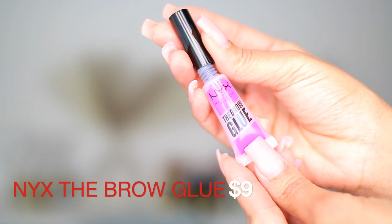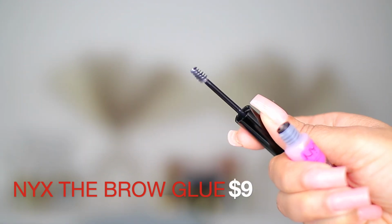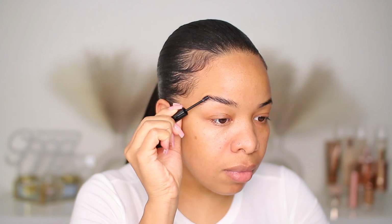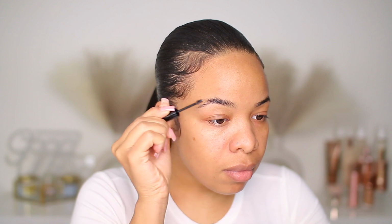The first product that I'm going to be showing you guys is the NYX Brow Glue. This brow glue, you guys, let me tell y'all, okay? When I put it on my brows, I was not expecting it to dry so quick. Like, this glue really dries down quick. Within 10 seconds, I can already see my brows setting into place, and they were stuck where I would angle